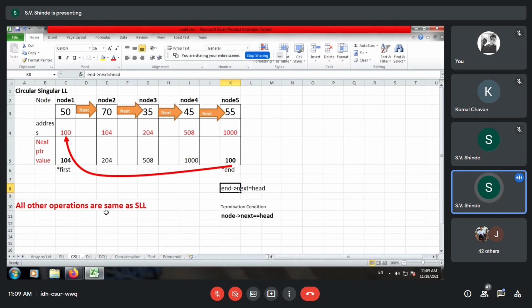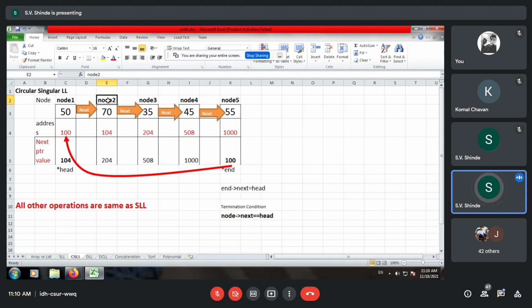One more advantage of this: in a ring, any node can be the head node. So you can start from any node. This can be the first node. So over here, I'll just make a change. This can be the head node. If you wish, this one can be the head node and this will be the last node then.